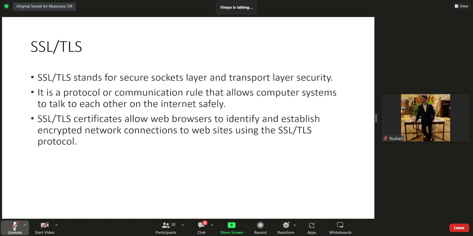Now let me quickly talk about this. I think I have already taken this in my networking topic. SSL/TLS stands for Secure Socket Layer and Transport Layer Security.